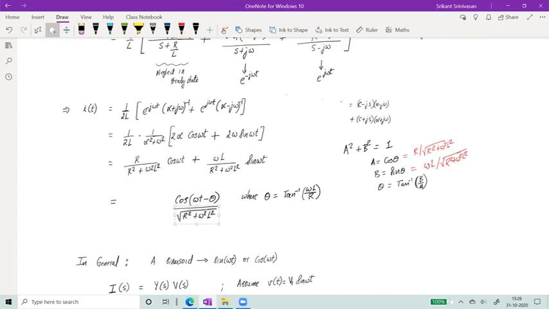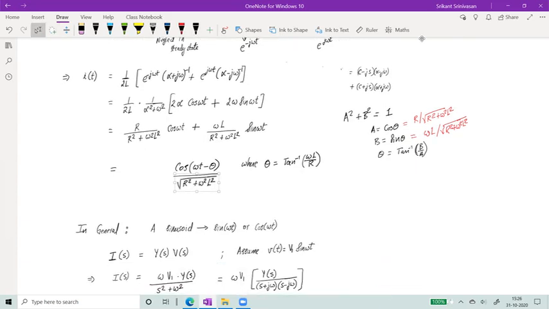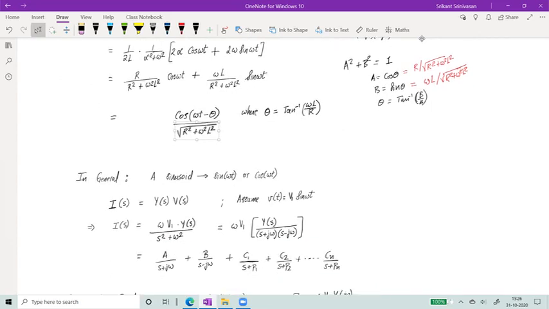The very important point to keep in mind is in the case of sinusoidal functions, the waveform is always sinusoidal in the entire circuit. We'll prove that now. Why is that the case? So let's go back to our Laplace transforms.